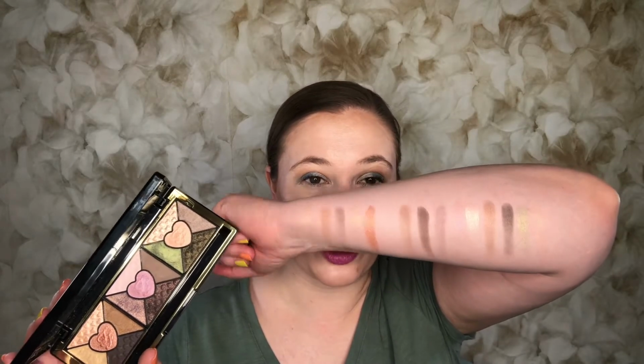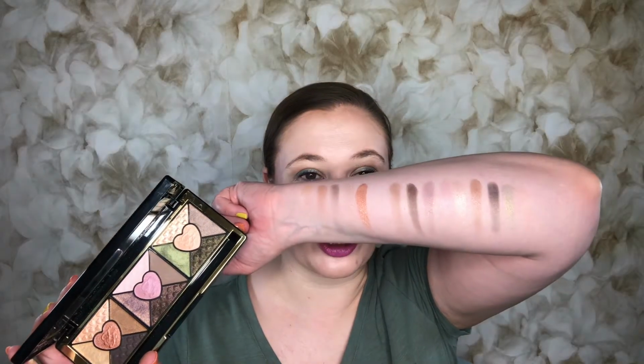So, like one shade here, one in the middle, one on the inside, highlighter, and in the crease. I really liked how all of the looks turned out, even though they weren't what I normally do, or as much as I normally would do. I thought they all looked pretty nice, and as I've been editing some of the videos, I was like, oh,